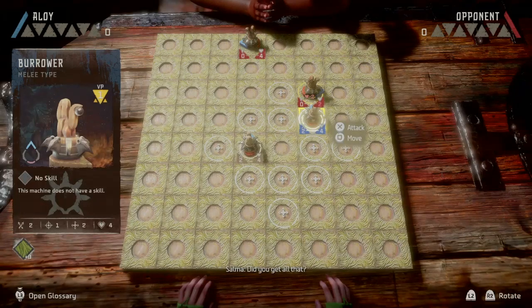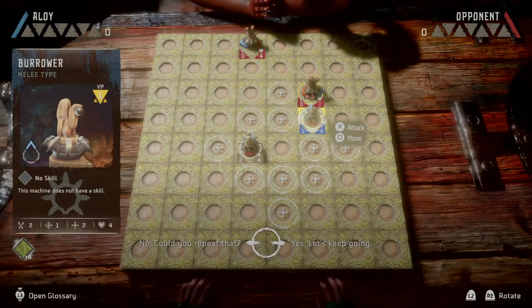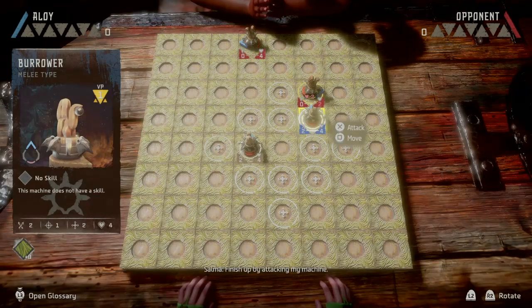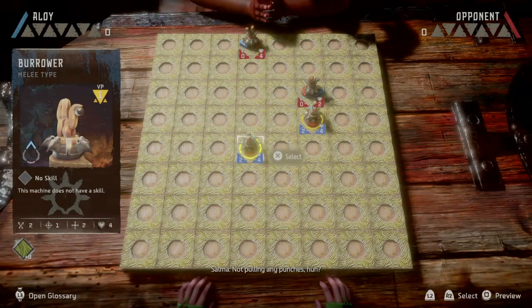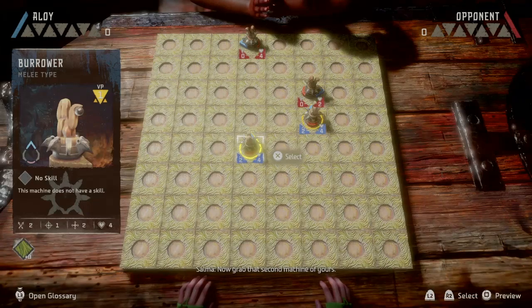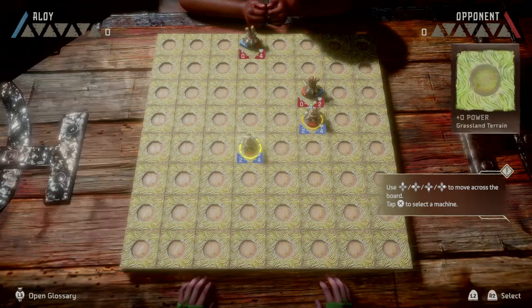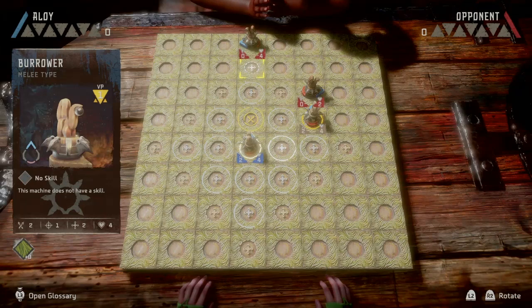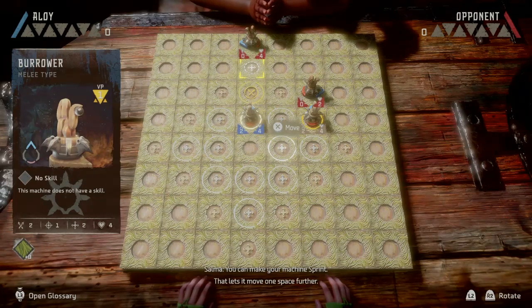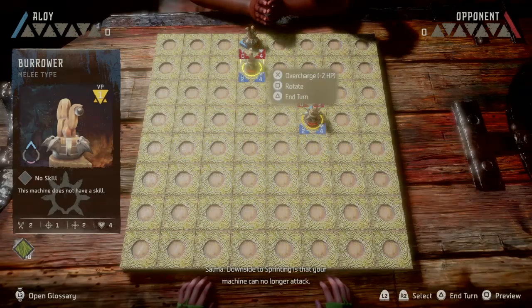Did you get all that? Knew you were a smart one. Finish up by attacking my machine. Not pulling any punches, huh? Now grab that second machine of yours. See how your machine can't move close enough to attack mine? You can make your machine sprint. That lets it move 1 space further. Try it out. Downside to sprinting is that your machine...